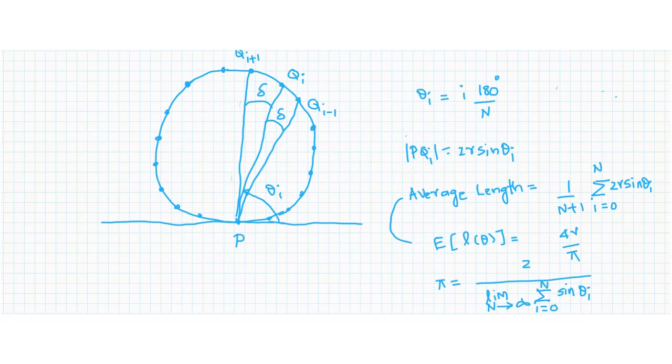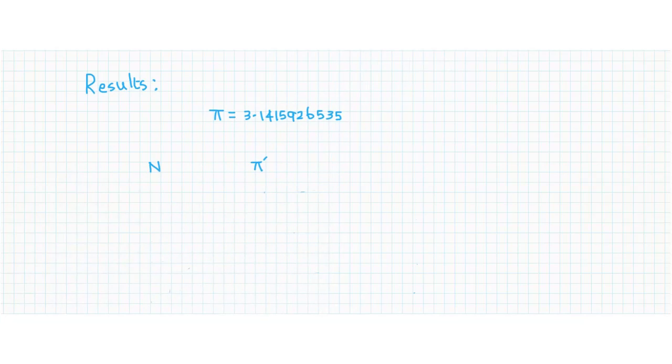So we have a formula for calculating pi here. As we sample more and more points on the circumference of the circle, the estimates of pi will become better and better. I have written a small computer program to calculate the values of pi for different values of n. I will be showing it in the next slide. The actual value of pi is this. There are several more digits after that. Now I have tried different values of n and I have computed the approximate value of pi. So I will be giving the results here.